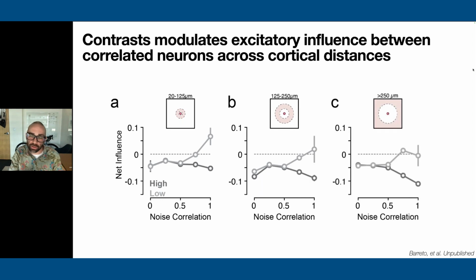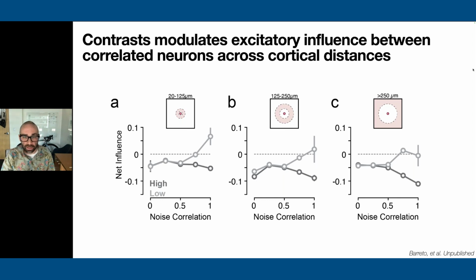So we still see that there's this difference between low and high contrast, but as you look at pairs of neurons that are farther and farther apart, you see that the more distal pairs are dominated by suppression at high contrast. So it seems like there's different roles for neurons at different distances in terms of how they shape each other's interactions. This result is very interesting, very surprising to us,